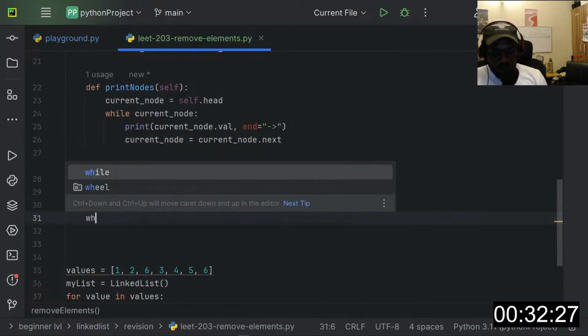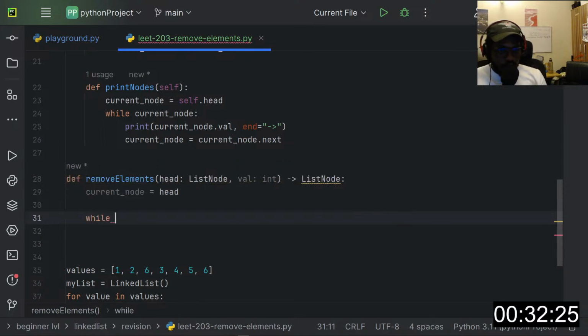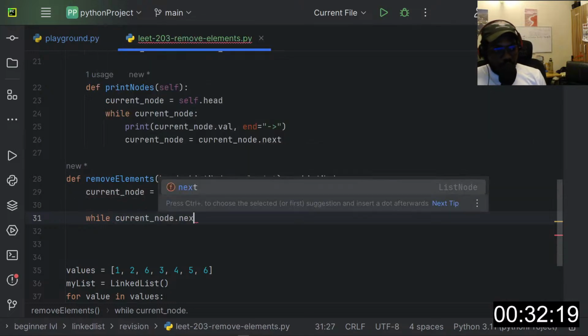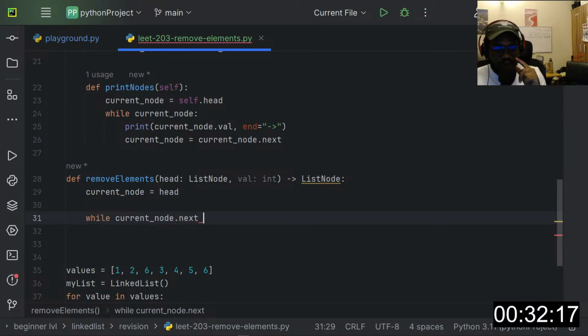So we can say while the current node has a next value, while current_node.next, because we are always going to check the next node of the current node. So while current node has a next value, we want to